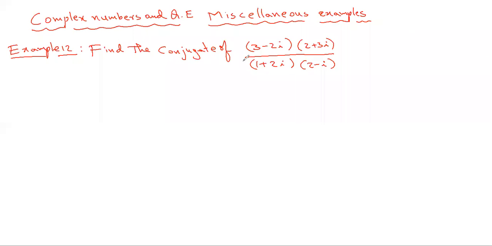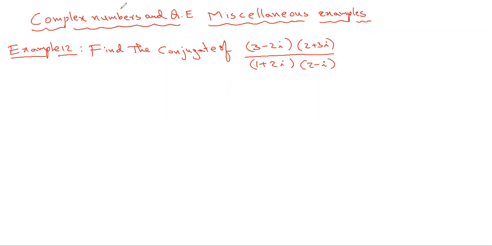So to find the conjugate of this given complex number, we can follow two methods. One is first you find the conjugate and then later you convert that into a plus ib form. The other method is first you convert this complex number into a plus ib form and then write the conjugate of it. Both the methods are fine, but sometimes what happens is, after converting into a plus ib form, you'll forget that you need to find the conjugate of it, and then you won't write the last step and you lose marks. That's why you need to be careful in writing the conclusion.